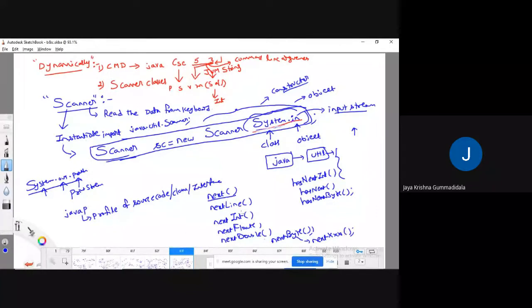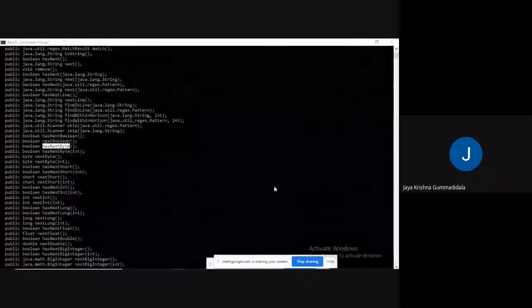So various kinds of data types, int, float, double, long, short, byte, are all supported by this. Similarly, hasNext followed by various kinds of data types. So through which can I access them?